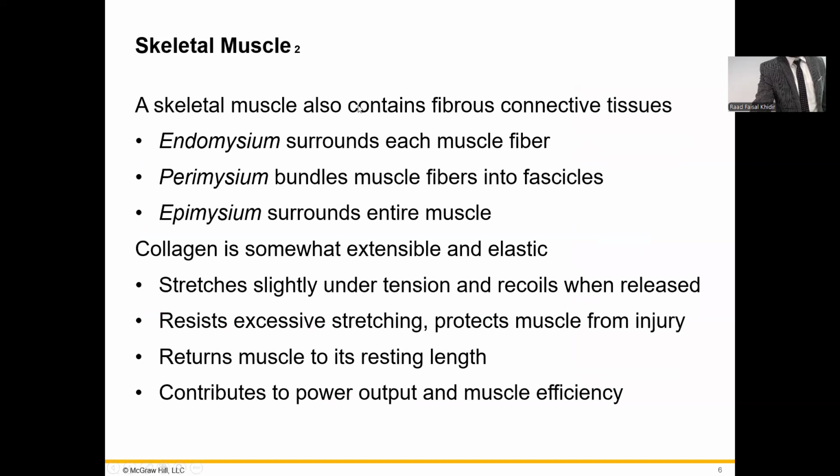So the skeletal muscle also contains fibrous connective tissues. You have your endomysium, your perimysium, and your epimysium. The endomysium surrounds each muscle fiber, and the perimysium is made up of bundles of muscle fibers that are made into fascicles, while the epimysium surrounds multiple fascicles that is your entire muscle. So for example,